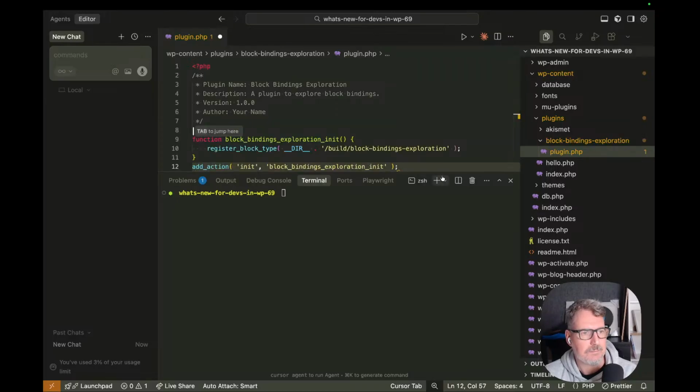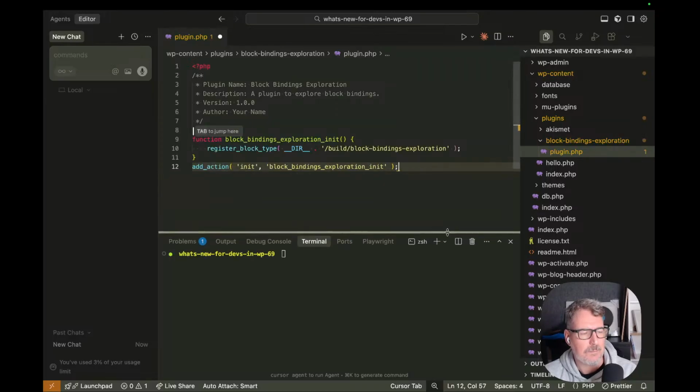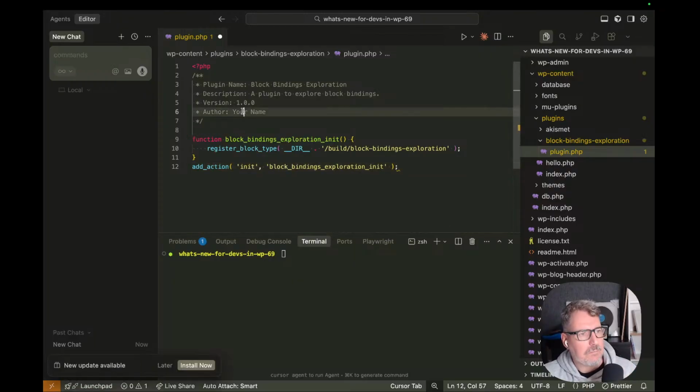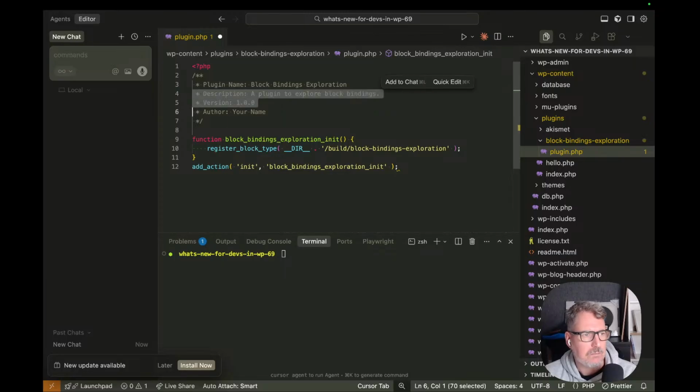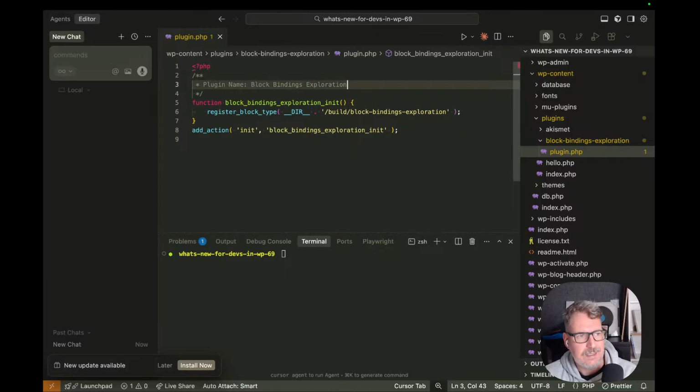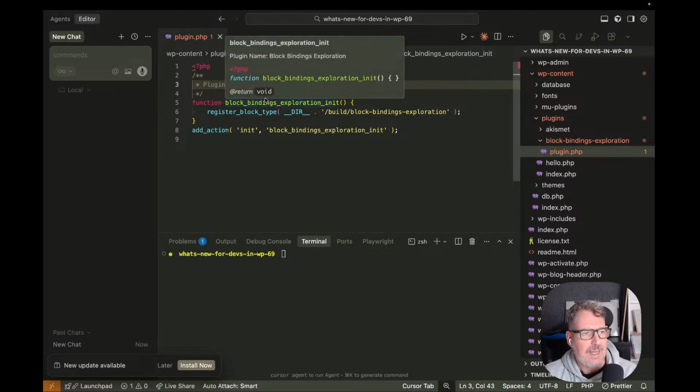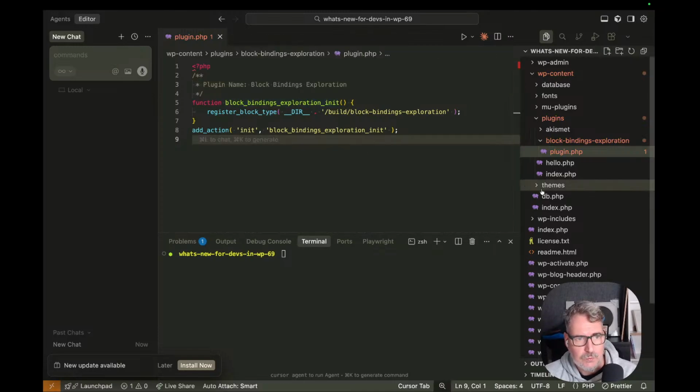Okay. So this is a plugin. We simplify, we just need this. And what I want to explore is,